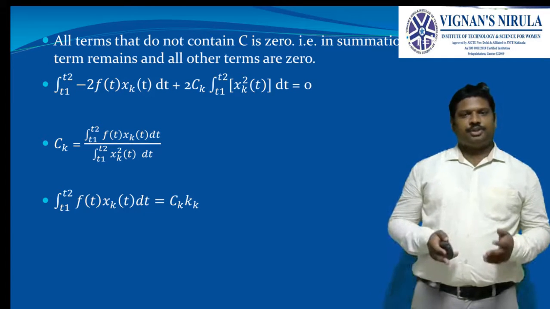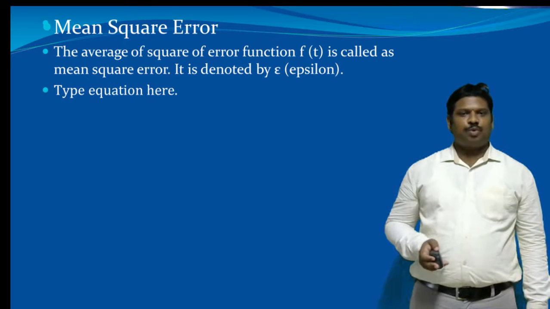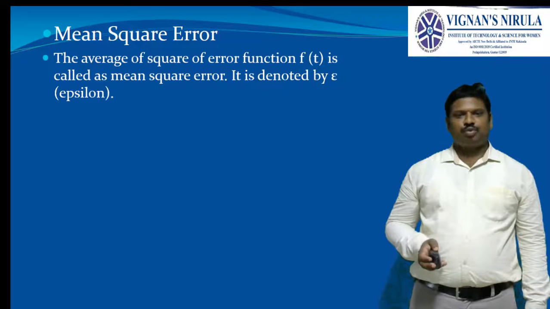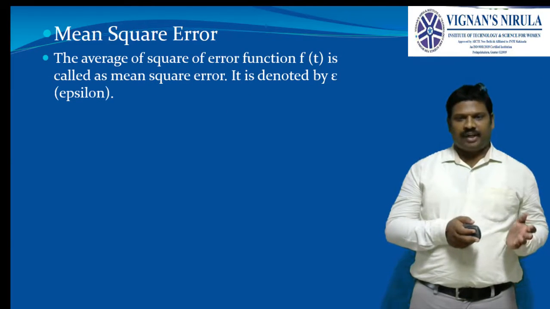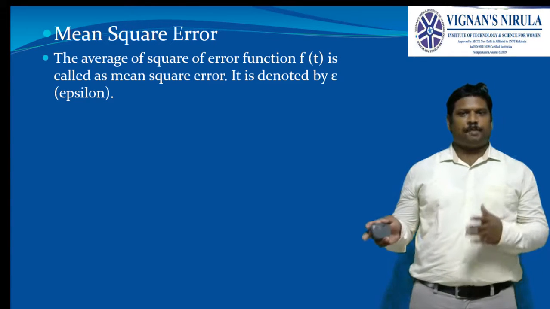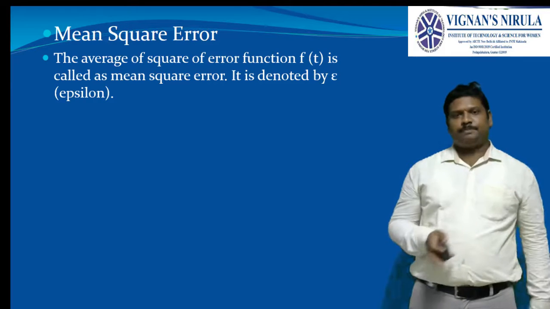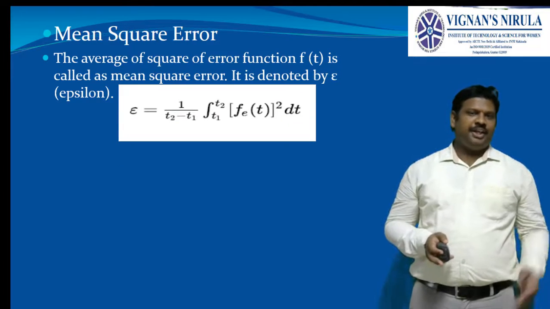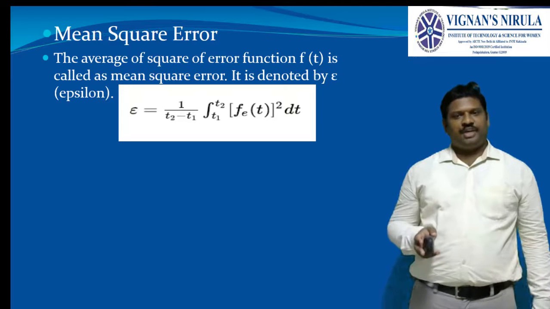Okay, where this particular denominator term will be nothing but our k. Then the mean square error calculation. In the mean square error calculation, it is the average of the square of the error function f_e of t, which is nothing but our mean square error. It is generally represented as e, which will be called epsilon. Then e will be equal to 1 by t2 minus t1 integral of t1 to t2 f_e of t whole